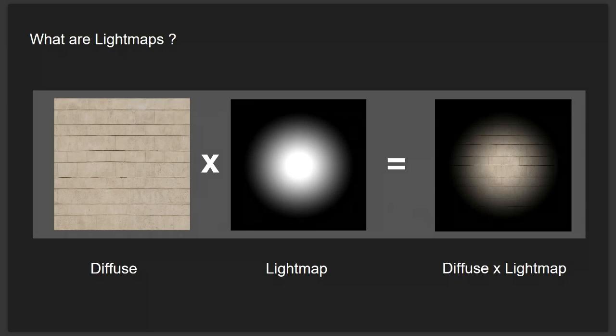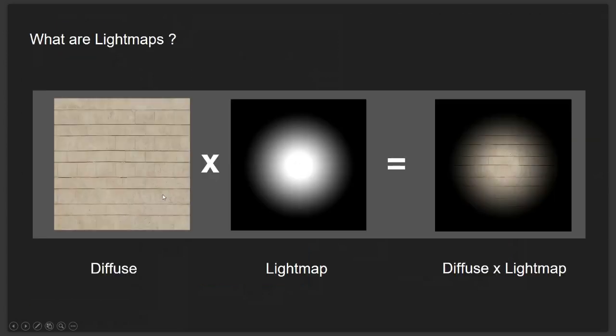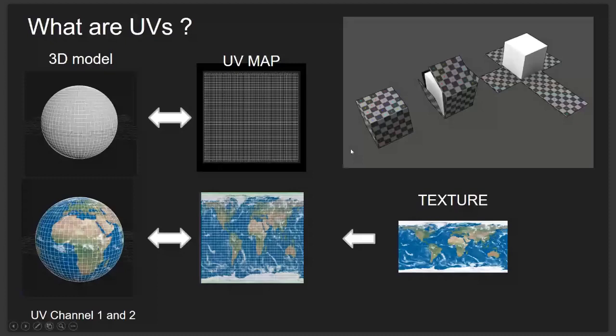So the other thing about this, because this light is effectively now a texture, we need to apply this texture to the object. In the case of the diffuse, most of the time this will be tiled, especially in our case for architectural visualization. But we can't do that for the light map, because the light will be different from all angles into the geometry. So we need to unwrap this light, this texture,